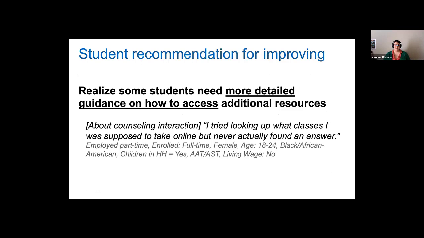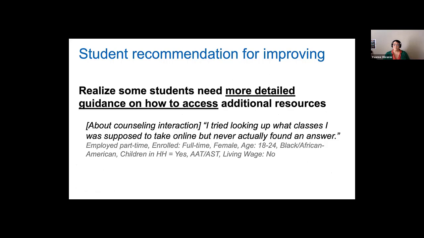Some students need more detailed guidance on how to access additional resources. We could sit there and talk about a lot of things with that because, like I said, when you're looking at the ecosystem, students may be talking about one thing, but those of us who are looking at them go, students are unknowingly identifying other problems. But this issue of the additional resources,